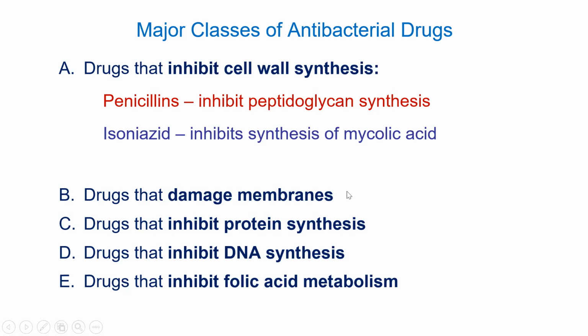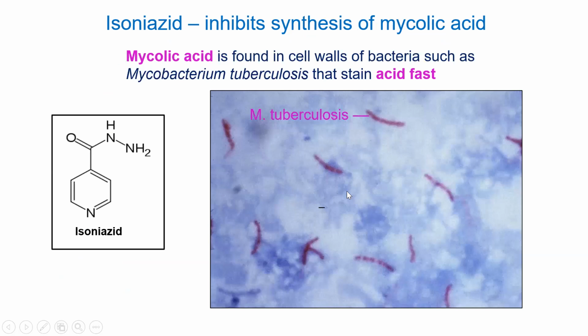And you may remember that term, mycolic acid. This is found in tuberculosis. So Mycobacterium tuberculosis has that waxy mycolic acid layer, and probably no surprise, it's resistant to a lot of drugs because they can't get past that waxy layer. Okay, so hey, let's find a drug that inhibits that mycolic acid synthesis, and that's what this does, this isoniazid. So there's our